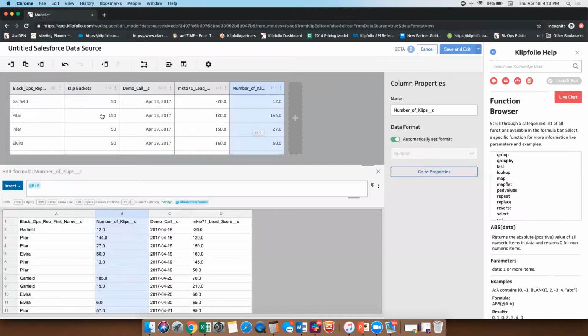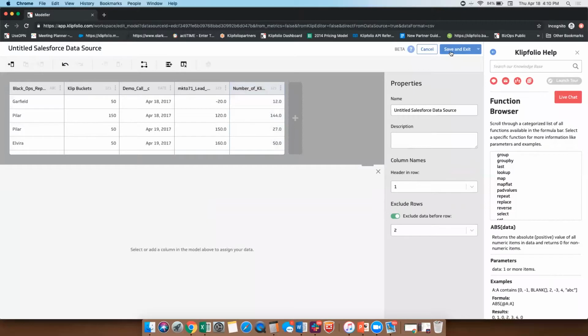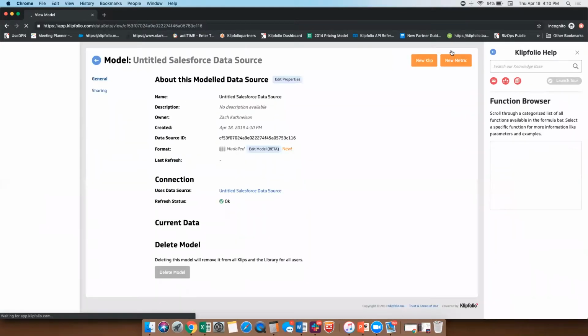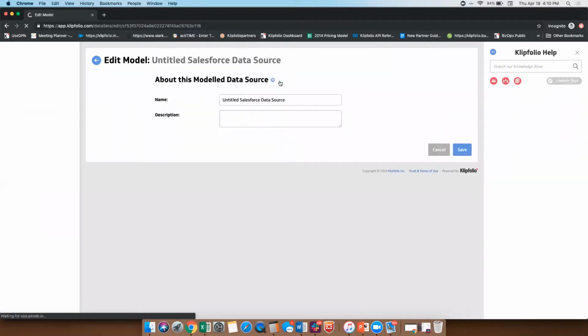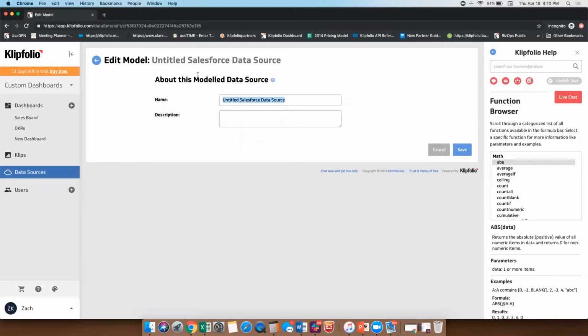I don't need to do much in this modeler, in the modeling data workflow, but I do have the ability to do some really cool things if my use case requires that I manipulate the data a little bit to consume it in a better way. So let's save this as is. And we have now modeled this data. I didn't do a good job of giving it a clear name, like I mentioned was important earlier. Let's call this